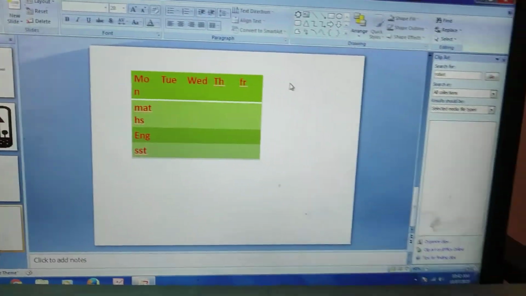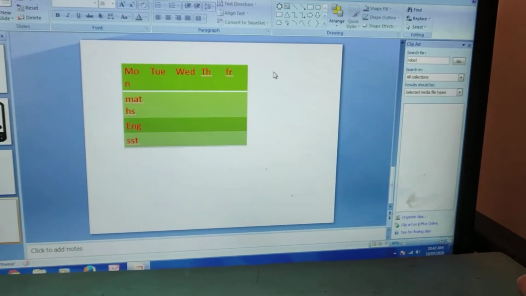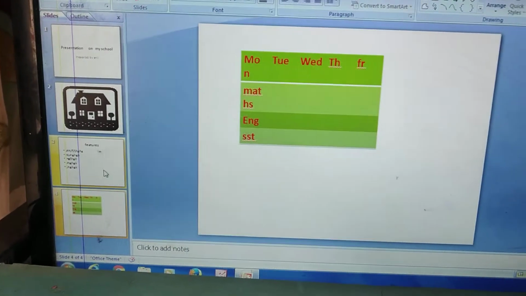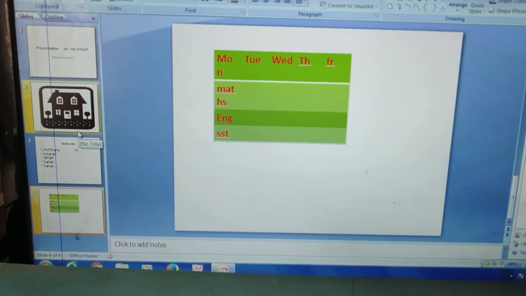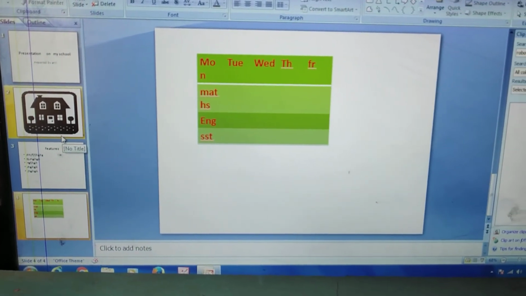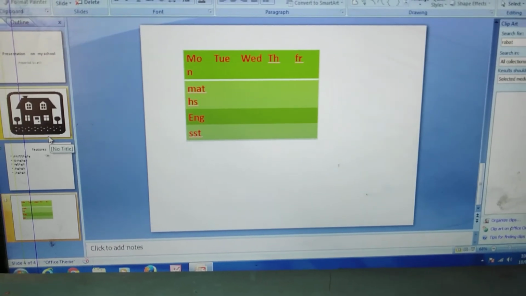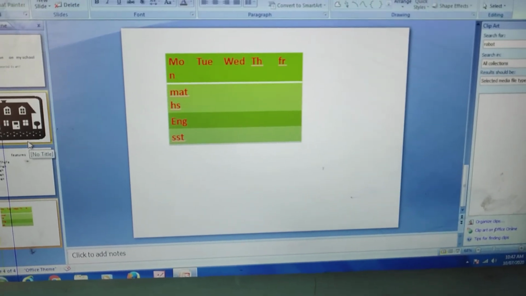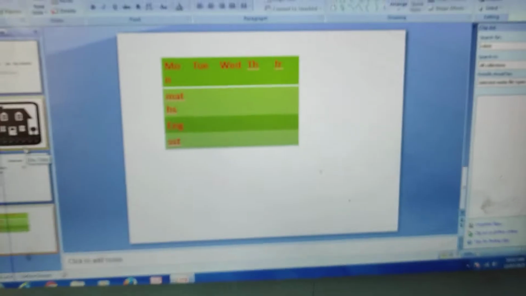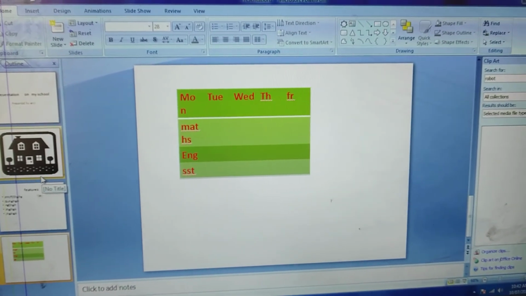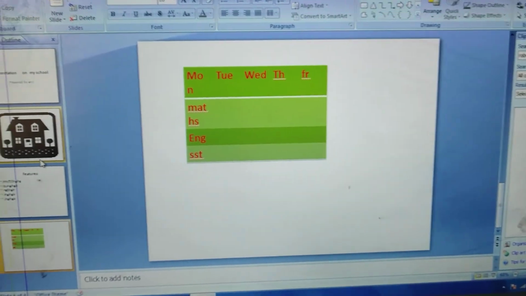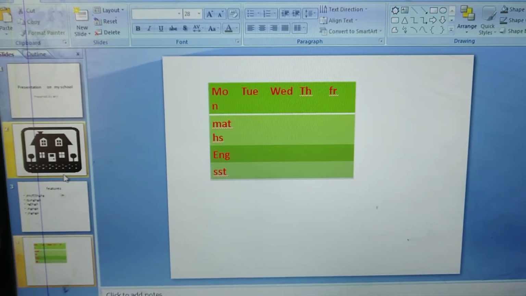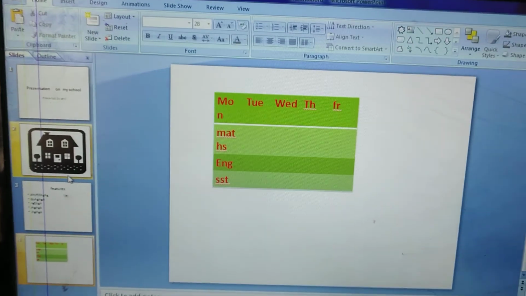Okay, like this you have to prepare one PPT named my school, and in that you have to prepare 4-5 slides. You have to insert one table and in that table write your class timetable. Okay, and also you have to insert one shape, and whatever we have seen in the last lecture, how to change the background color, how to change the font color, font size, all those effects you have to give to your slides. Okay, do this much, then next Friday we will see other options.